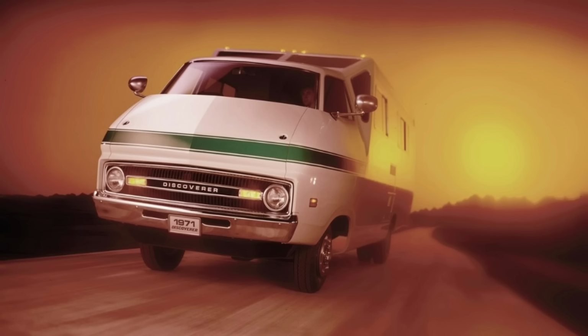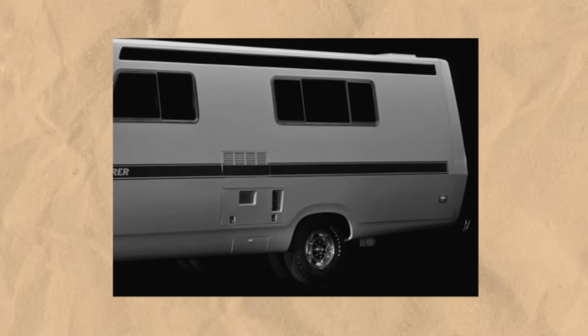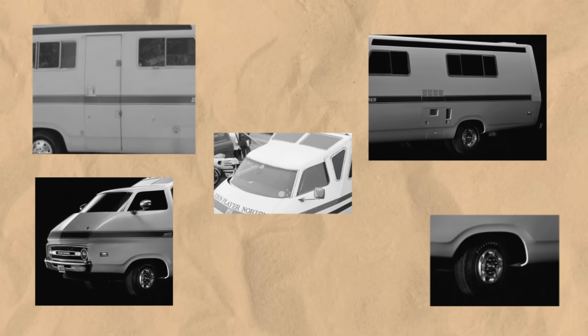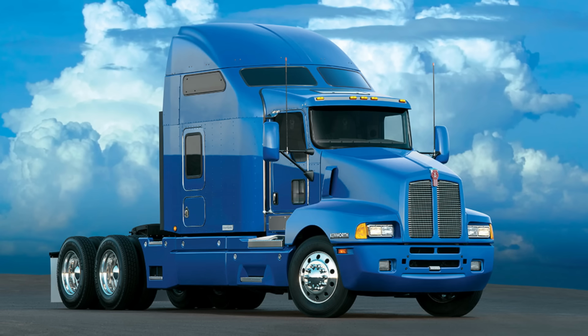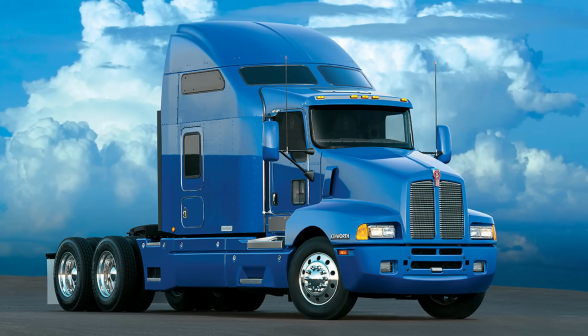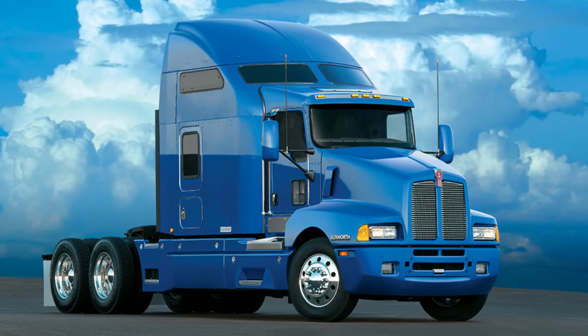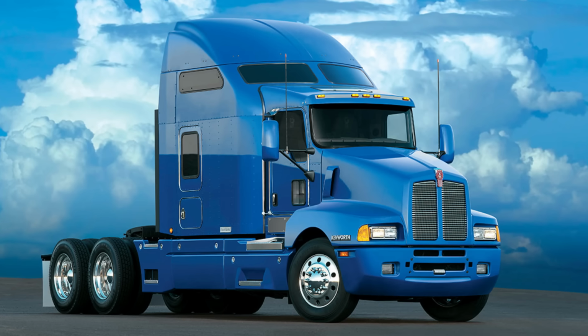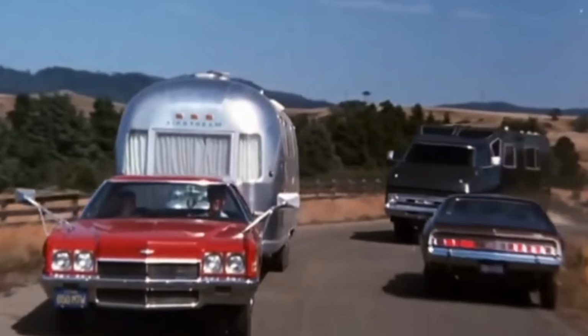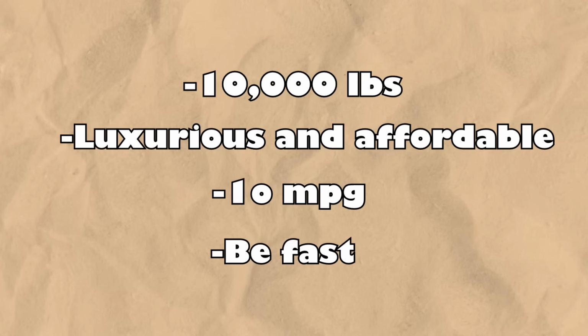The strangest motorhome my eyes have ever seen, with its single door located in the middle, that bulbous front end, fiberglass shell, flared fenders, wraparound windshield. It must have looked like it was from the future. A more recent example that I can think of is those Kenworth T600s. Those were absolutely focused on aerodynamics, commonly known as the Anteater, but they got 20% better fuel economy than the competition. So it's obvious that Shinoda took function over looks, but it worked because it was less than 10,000 pounds